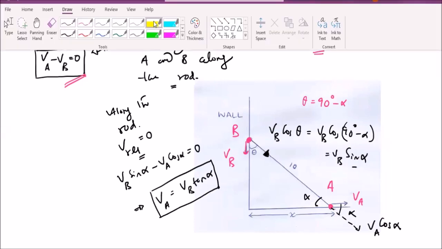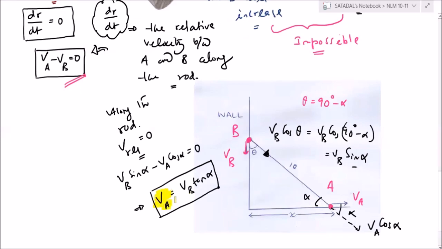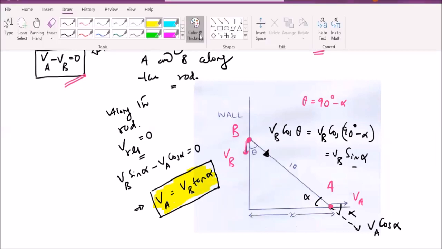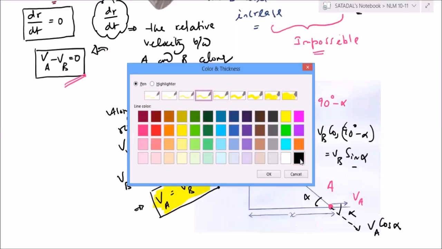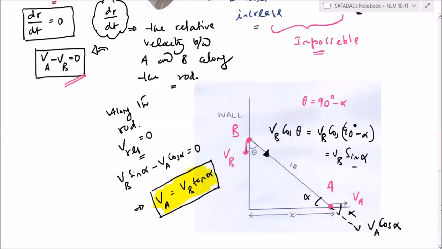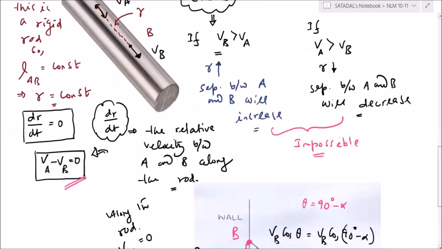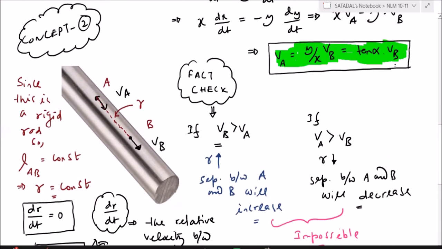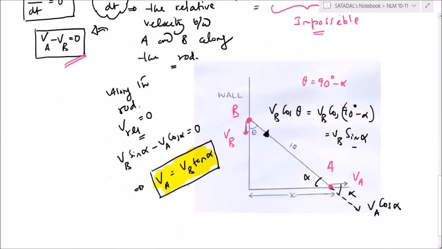Is this the result we got in the first case? Yes, that is the result we got. We are also getting the same result here, but in how many lines? In one line. But after the painstaking development of the concept. So if you know the concept, things become easy. If you do not know the concept, things will not even come. Forget about easy or difficult. So here VA is equal to VB tan alpha. Here also VA is equal to VB tan alpha. Is it clear to everyone? Right.